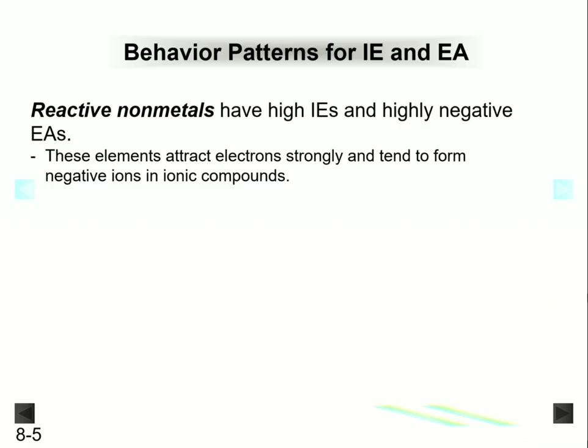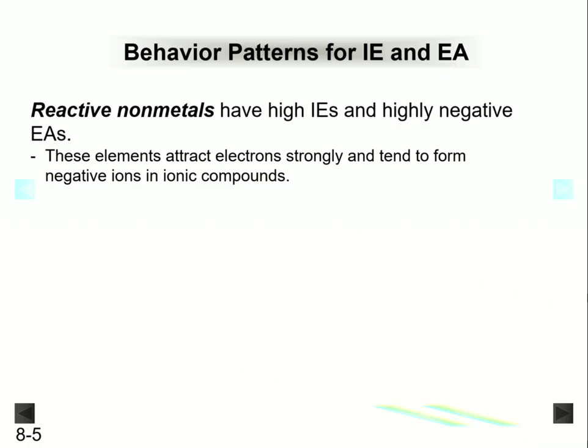Overall, the behavior patterns for ionization energy and electron affinity are as follows. The reactive nonmetals have high ionization energies and highly negative electron affinities. And these reactive nonmetals don't include group 18, the noble gases, which are non-reactive. So the reactive nonmetals would include the halogens, chalcogens, and so forth. These elements attract electrons strongly and tend to form negative ions in ionic compounds, something that we've been repeating over and over